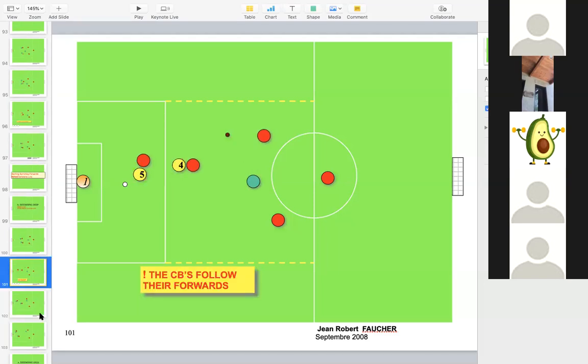So different scenarios, okay? If the attackers are making cross movements in front of your back line, you're going to want to switch off. If they're making cross movements behind your back line, you're going to want to follow. That depends on the distance, of course. If they're going all the way to the corner flag and they're not receiving the ball, maybe not. Or if you put them outside, maybe not. But in most scenarios, you're going to want to follow in that case. It's the basic idea of it. Again, every case is unique. So, again,